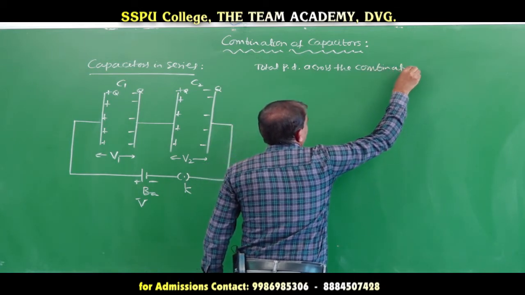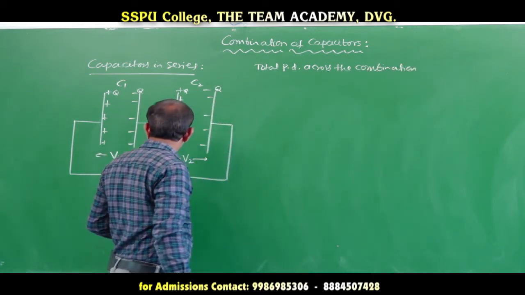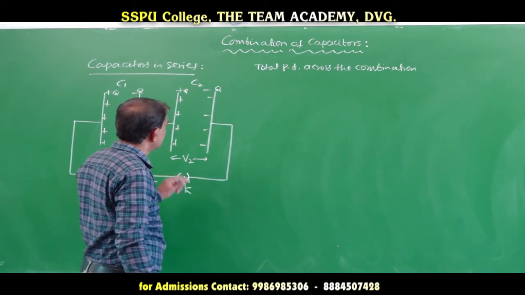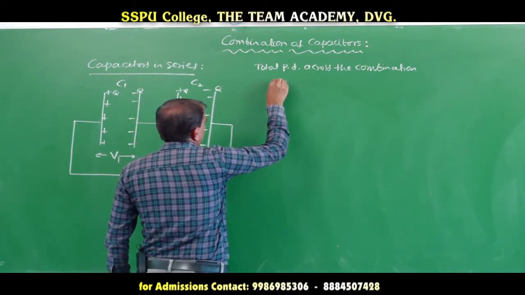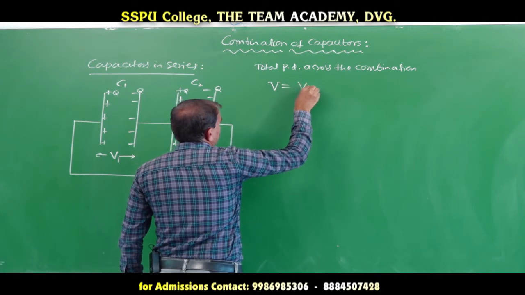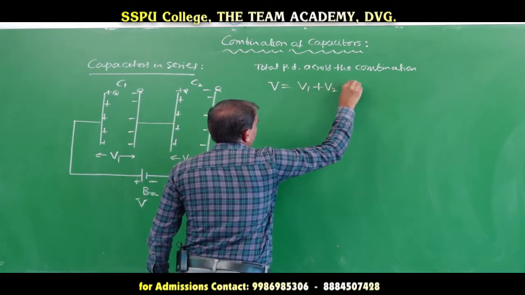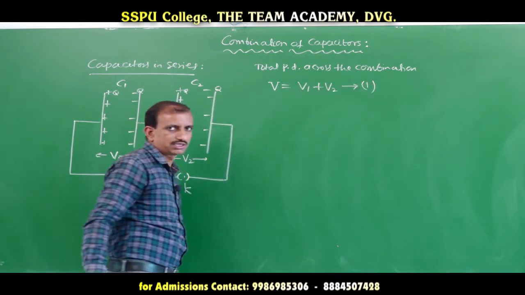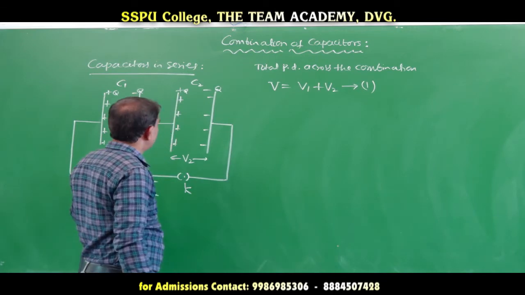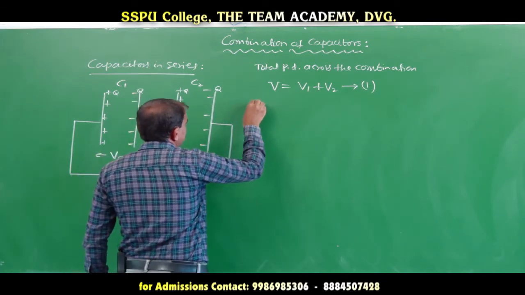It is the sum of the potential differences across C1 and across C2. Therefore, V is equal to V1 plus V2. Call this equation number 1. Now V1, by the definition of